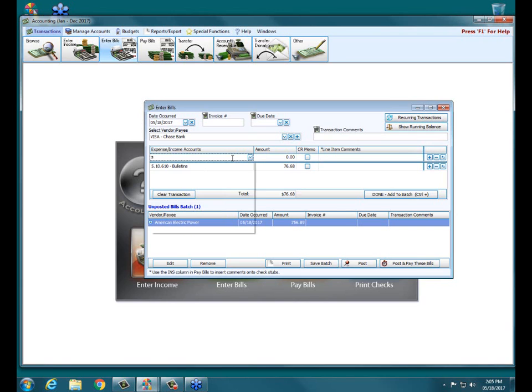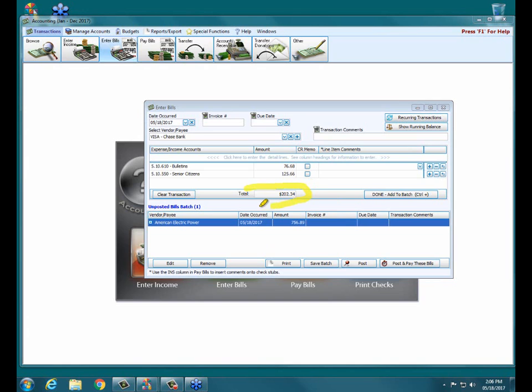It moves down, and then we're going to say we made some purchases for our senior citizens on our credit card bill. And I can go ahead and enter comments for this if I wish. But what this is doing, whoops, I didn't mean to do that. It is accumulating a total right here in my bill that I'm posting for, in this case, May 18th. Okay? Again, I can just continue adding to this bill until my Visa credit card bill is paid